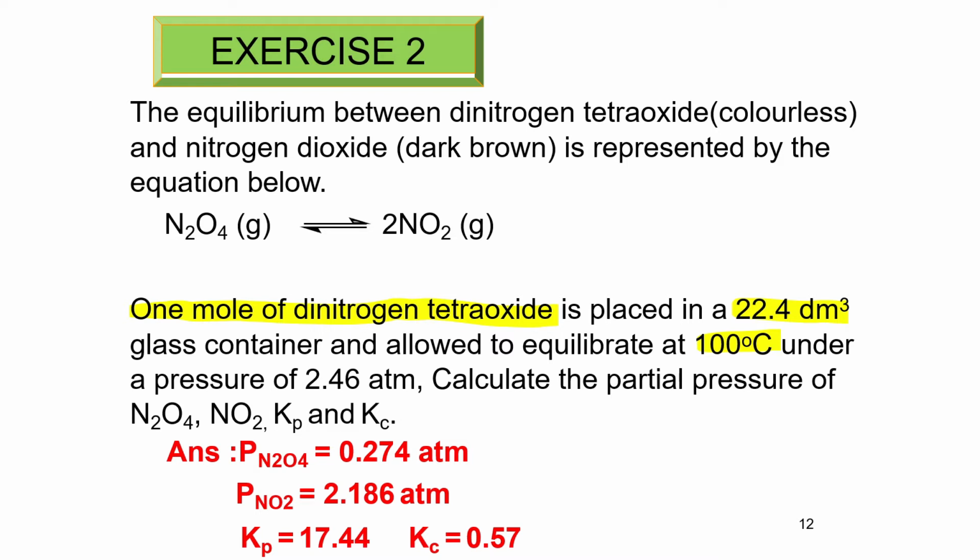Jadi yang ini adalah concentration. Dia suruh kira pressure at equilibrium. Jadi untuk initial pressure kita akan gunakan PV equal to nRT. Okay, we use PV is equal to nRT. Jadi first we calculate pressure dahulu. Okay, kita kena calculate pressure. So pressure of N2O4, okay, pressure of N2O4 is equal to